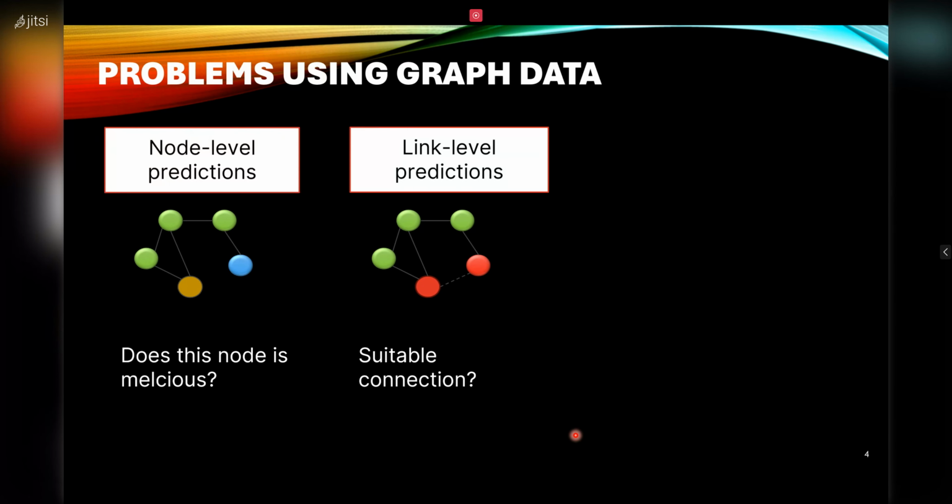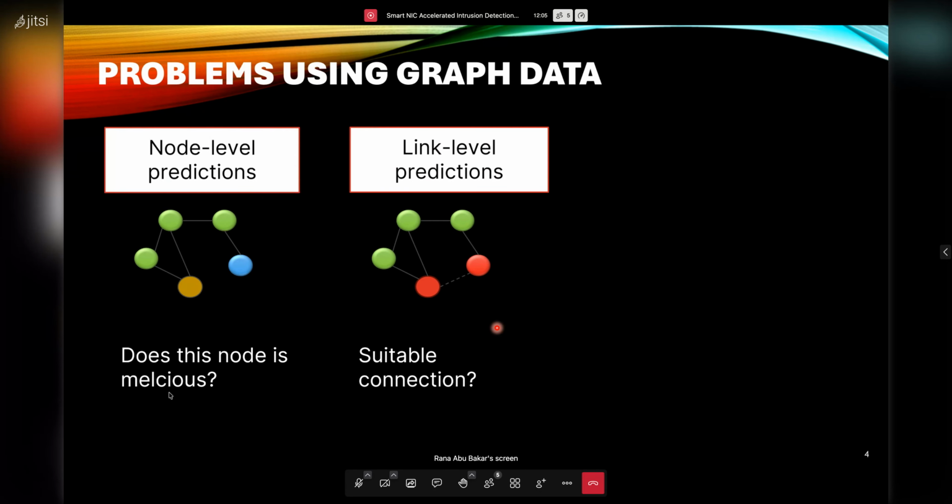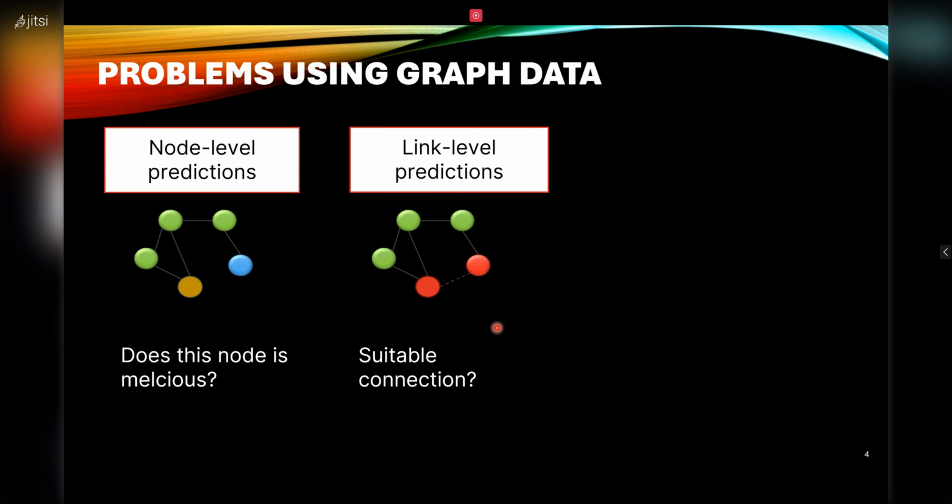We can also do link level prediction. If you look here, between two red nodes, we can predict how good the link is, for example whether this link is suitable for video, or for medical use, or when you are traveling on the seaside. We are also working in this area to predict a good link for each type of communication. If there are two people, one using video streaming and one wanting to send a message over WhatsApp, we will give preference according to this type of communication.